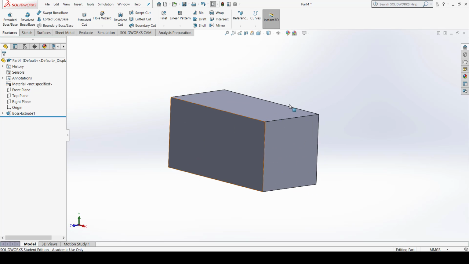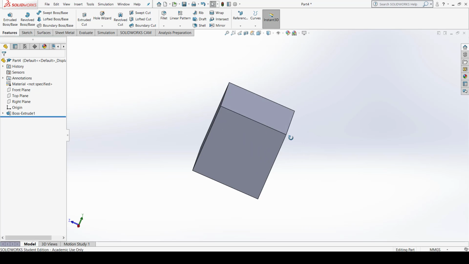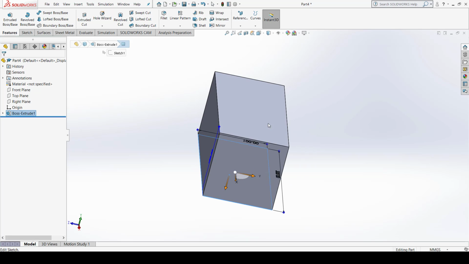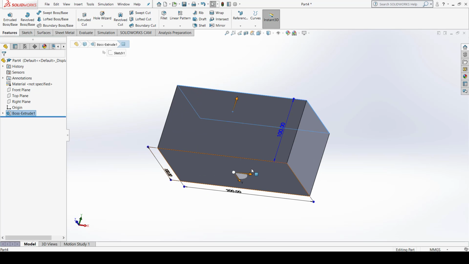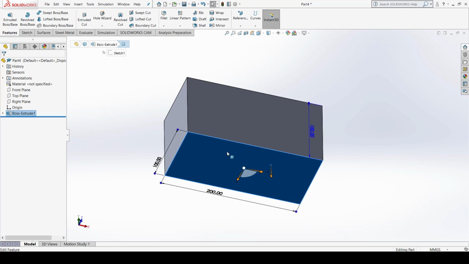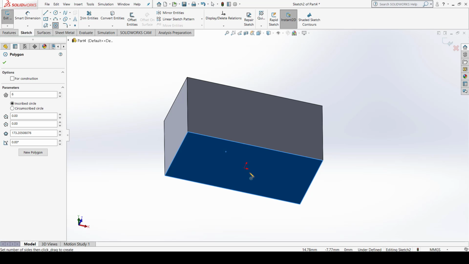First of all I have to select the planes on which I create my two profiles. So let us take this plane as a bottom plane and this plane as a top plane. These are the two different planes I select for my sketch profiles. First I draw on this plane. Select this plane, go to Sketch, select the sketch. Let me draw a hexagon here.